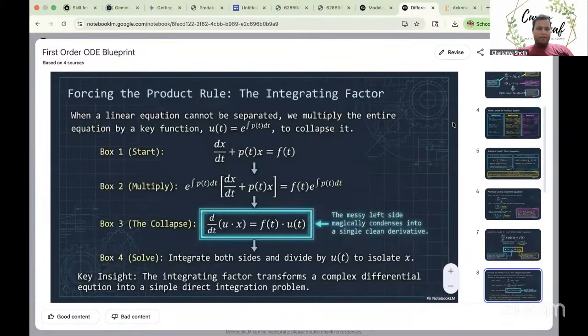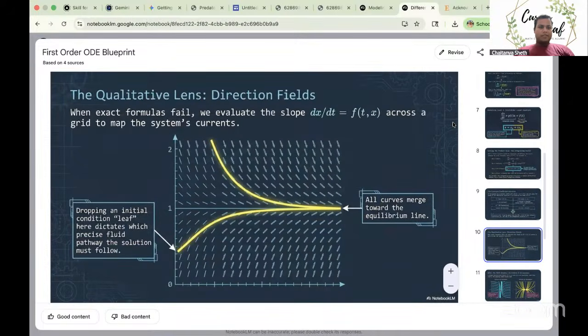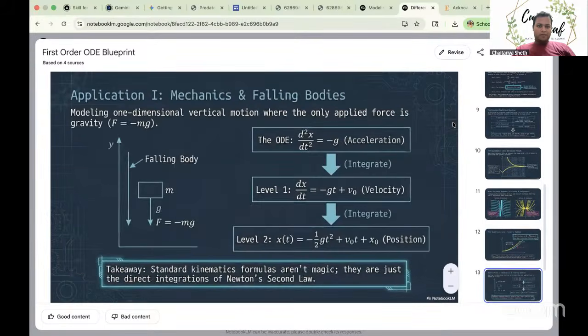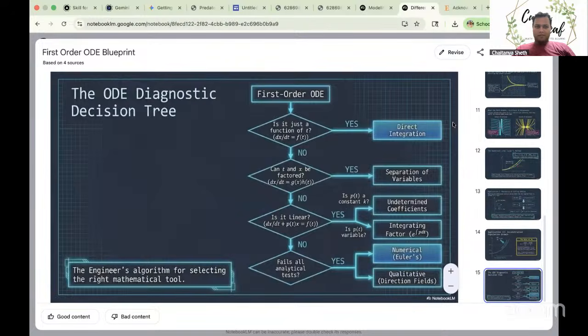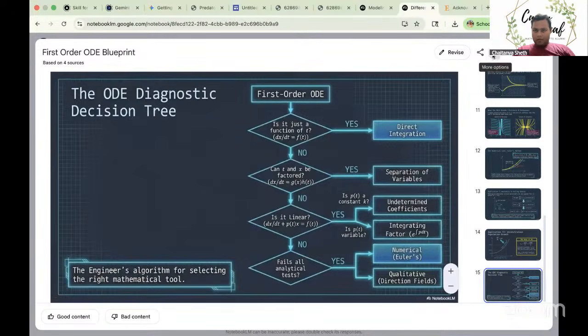So this might not be a very good one, but qualitative analysis, this is a very important part in case of differential equations. And so this is what it gave me in presentation. Using this, we can also revise the presentation, whatever changes we want, etc. And maybe, yeah, we can also download it as a PowerPoint, and then we can edit it locally, and whatever we want to do, we can do.